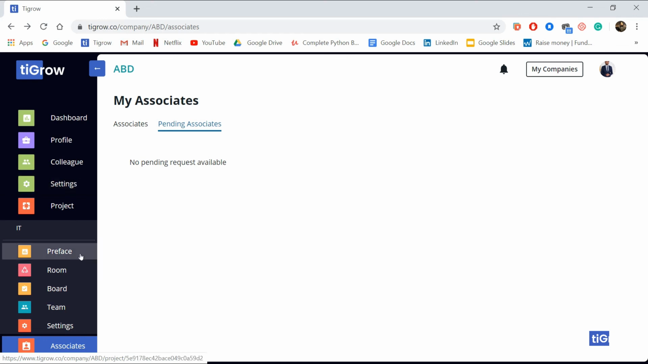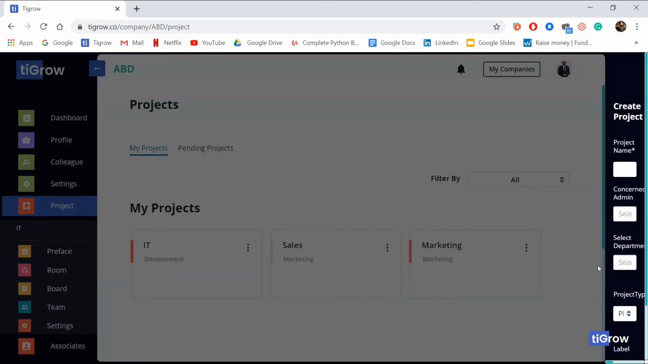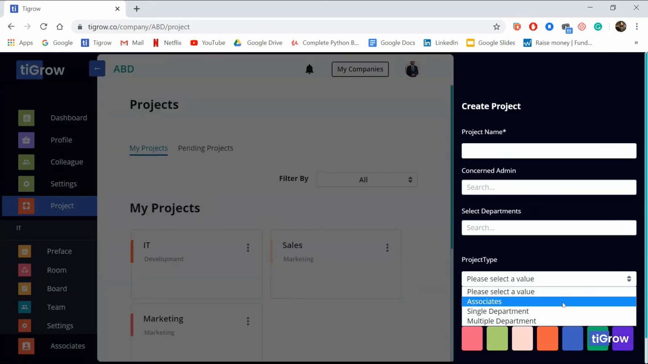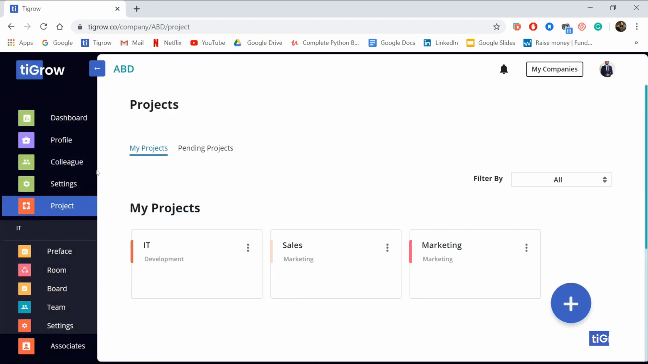And these associates can be used when you are trying to create projects. As I've shown you, when you create a project, you can also add your associate within that project and collaborate accordingly. This will give you an avenue to collaborate within the entire organization and with external bodies in the same place, and you don't have to move from one app to another, and you can do everything within